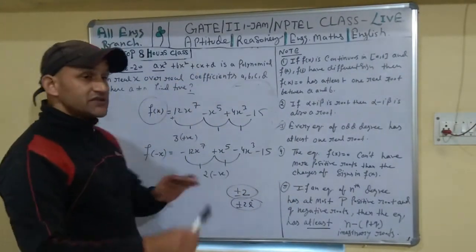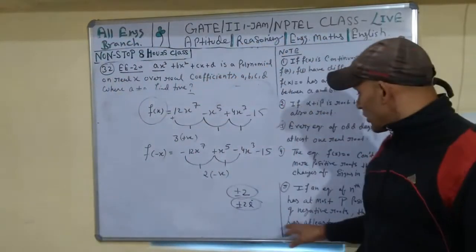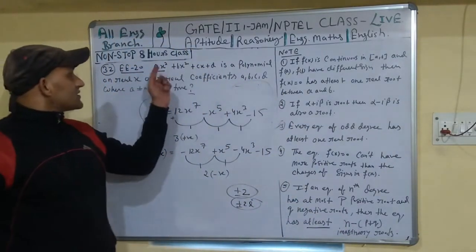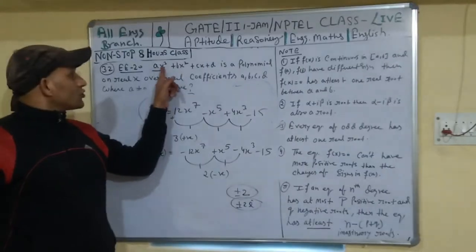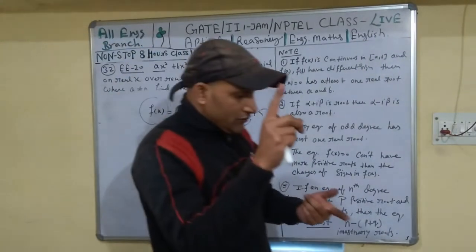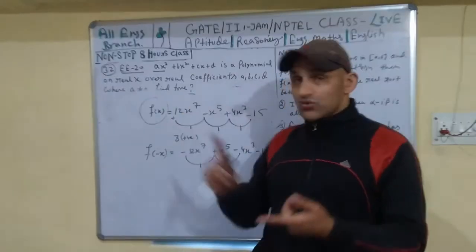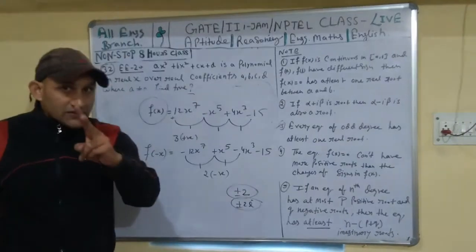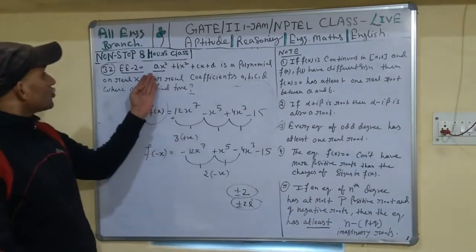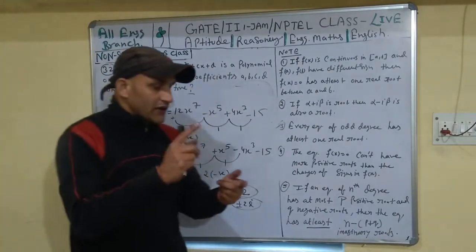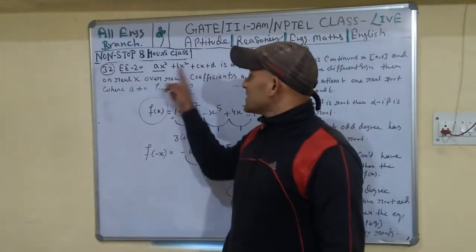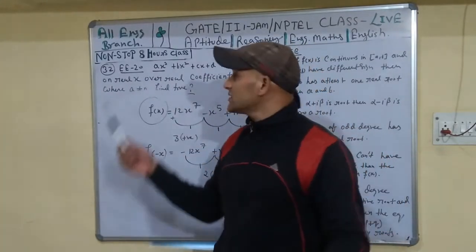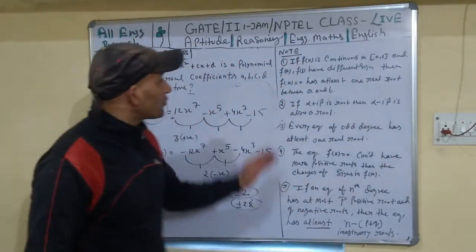If you write a, b, c, d all positive, in this condition there are a total number of 3 complex roots. But it is impossible, okay, because this is x to the power 3, so there is at least 1 real root. So 1 real root, or according to this definition, maybe it has 2 complex roots. Such a polynomial will take at least 1 real root and the remaining 2 roots may be imaginary or complex. We don't know about this. It depends on the condition. So we have solved all the types of problems.